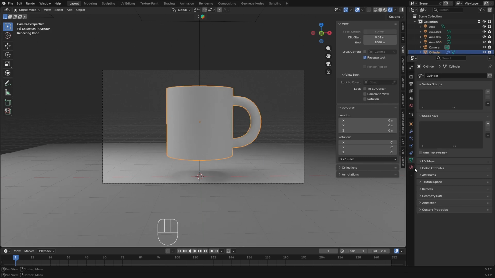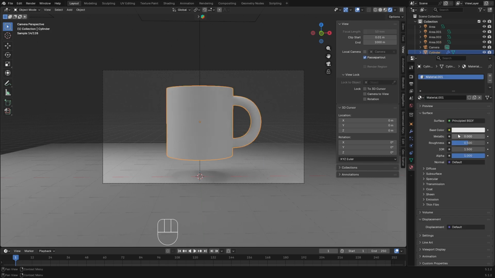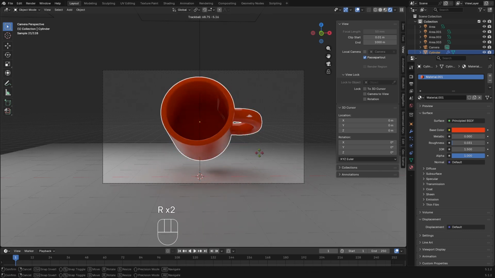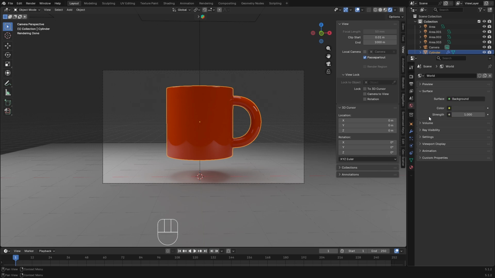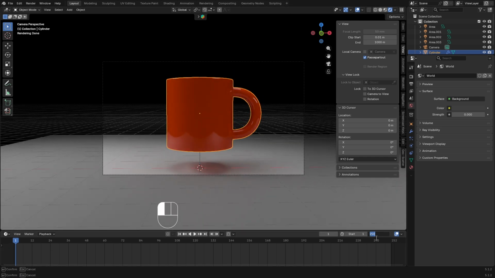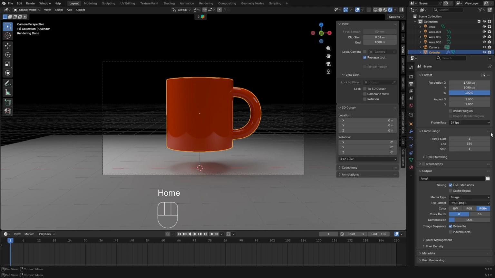Select the coffee cup and create a new material, set the color which you want. I select dark red and roughness about 0.03 and rotate this coffee cup, and in world settings the strength is 0. Then into the timeline, select keyframes about 160 and in frame rate, scene frame rate about 30,